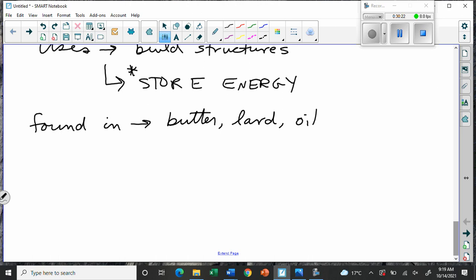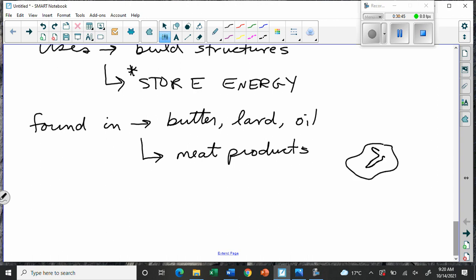So we tend to eat a lot of fats as additions to our food to make it taste better. But there are also foods that contain lots of fat, right? You can also find fat in meat products. Now, some meat is very lean, so it has a little bit of fat, but some meat is fattier. If you look at a piece of steak, a nice T-bone steak here, there's the bone in the middle. Well, you have all this nice meat,